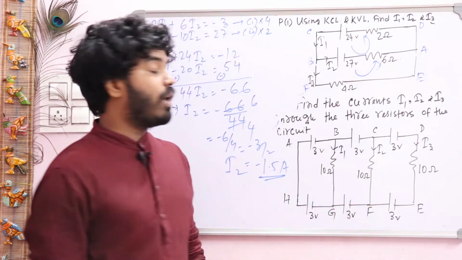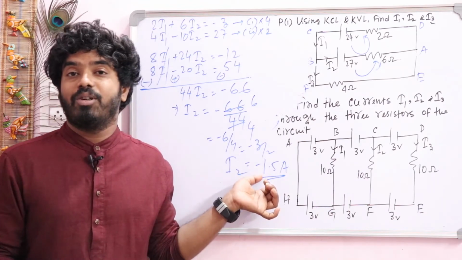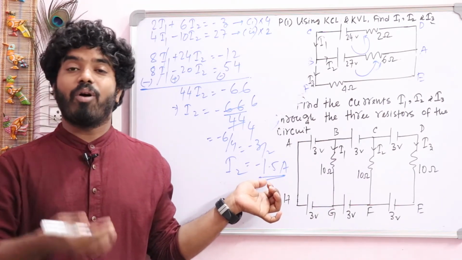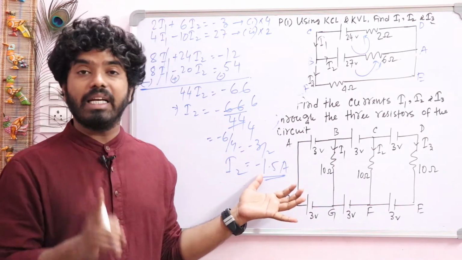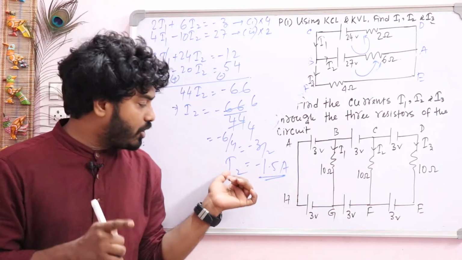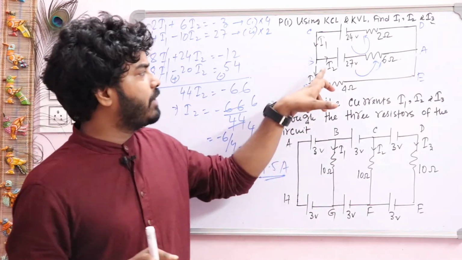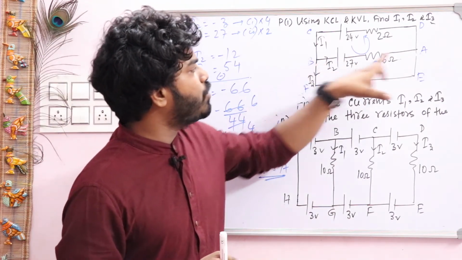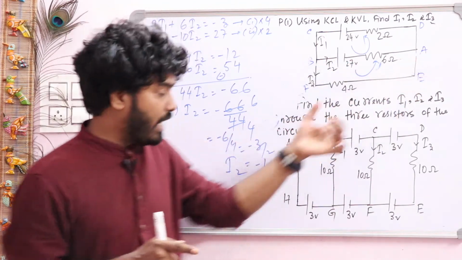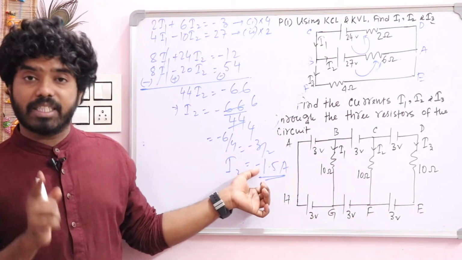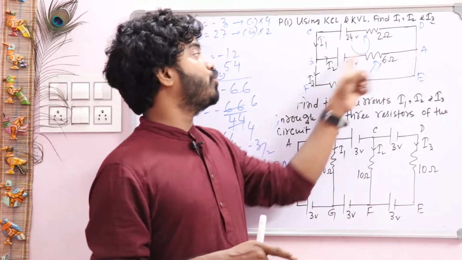You just see one important part here. Here the value of I2 is negative. What is the meaning of it? I already told that. That is when current value will be negative, that indicates that the direction of current will be opposite to the actual direction. Here according to our problem, the direction of I2 given B to A, but here the value of I2, that is minus. That means the actual direction of current will be A to B.